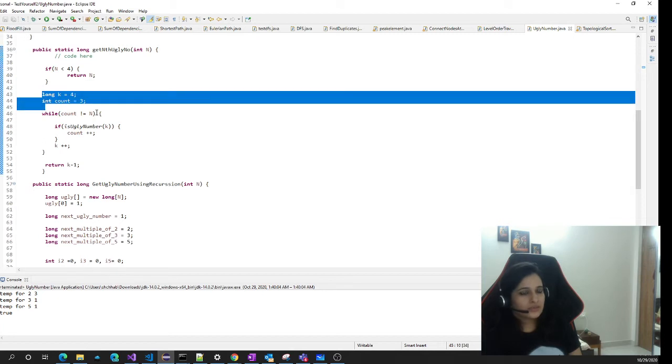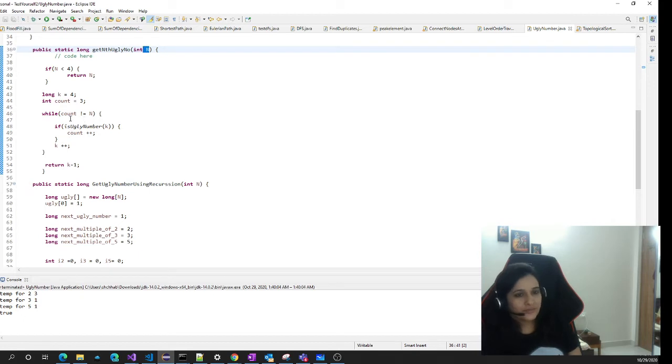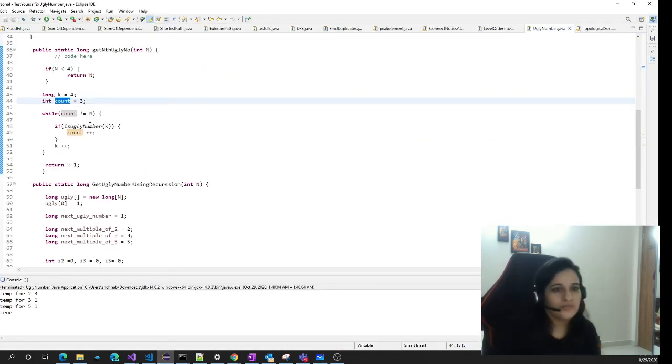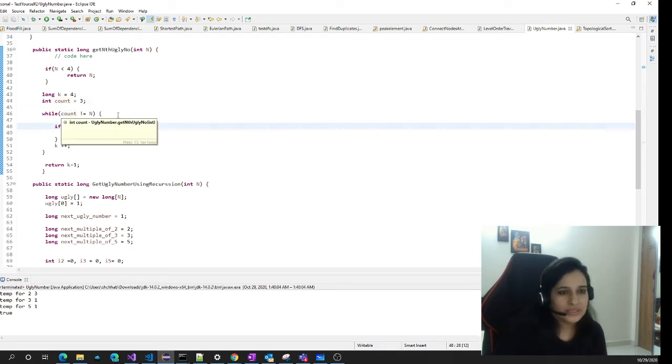And now, since we have to find the nth ugly number, for example, the seventh ugly number, we will calculate all the numbers. I'm starting the count from 3 because I already know these three numbers are ugly numbers, and there is no point in checking. I can simply return, and I'll just run the loop for the next numbers only. So what it's doing is, one by one, it's checking all the numbers like 4, 5, 6, 7, 8,